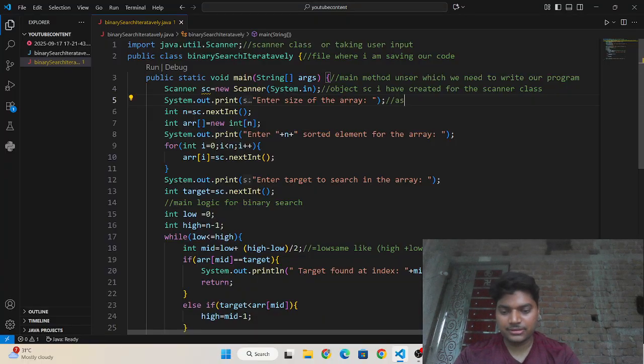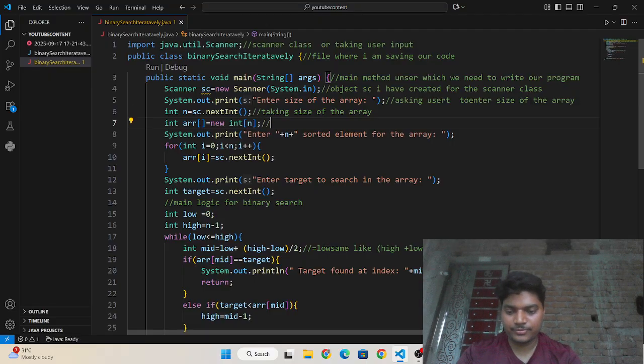And this is asking user to enter size of the array, taking size of the array. Creating, sorry, declaring array dynamically.